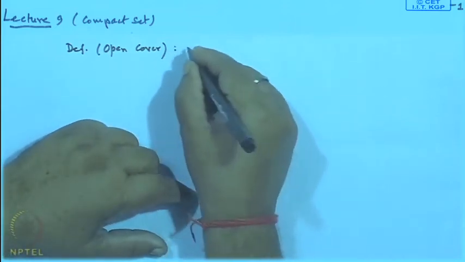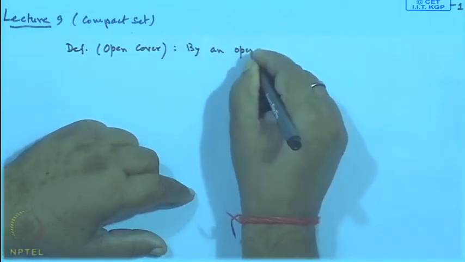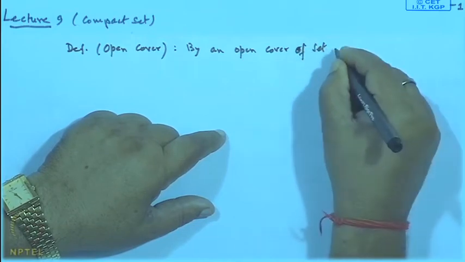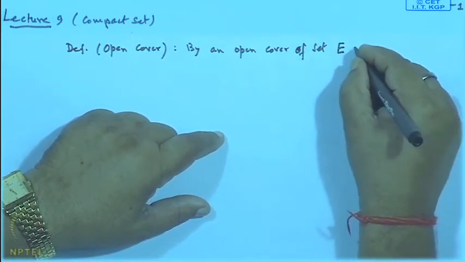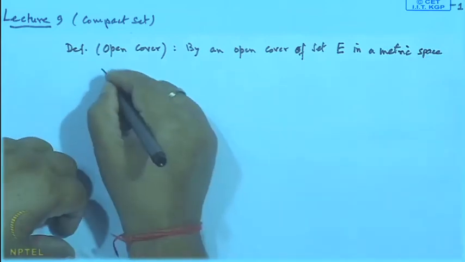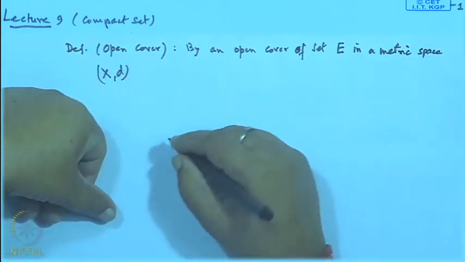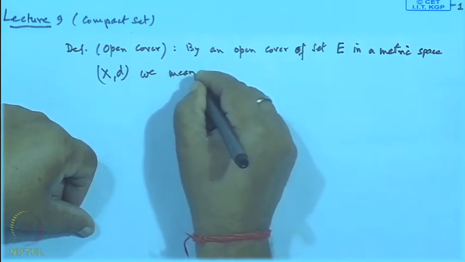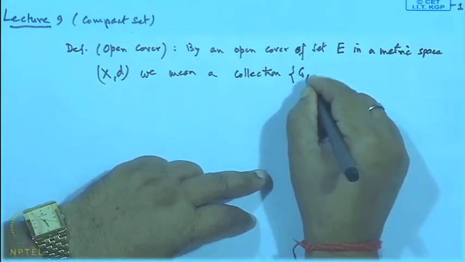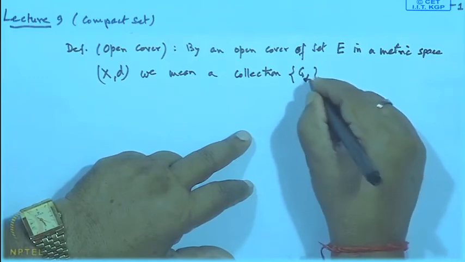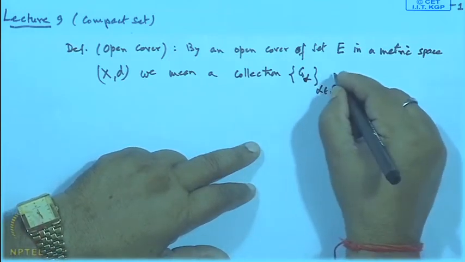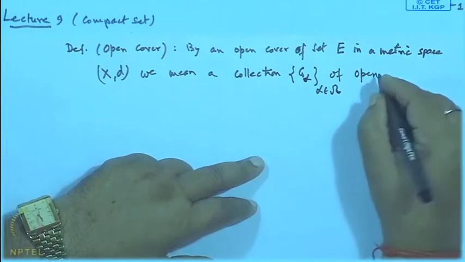By an open cover of a set E in a metric space (X, d), we mean a collection of open sets, a collection G alpha, where alpha belongs to the index set omega, of open subsets of X